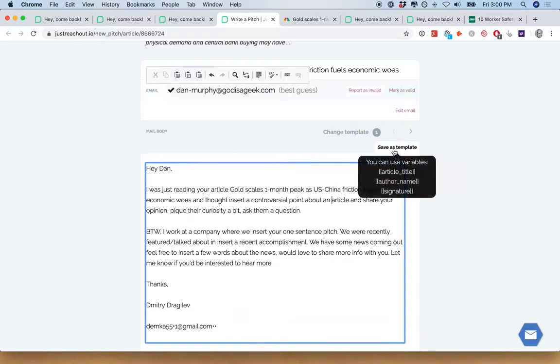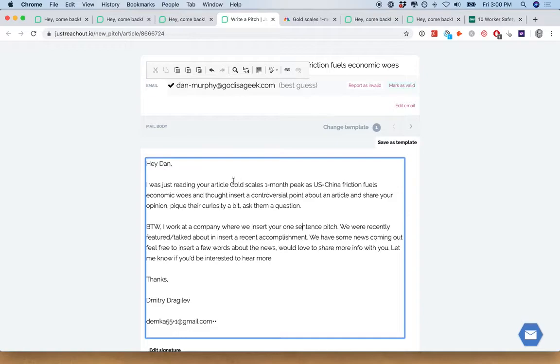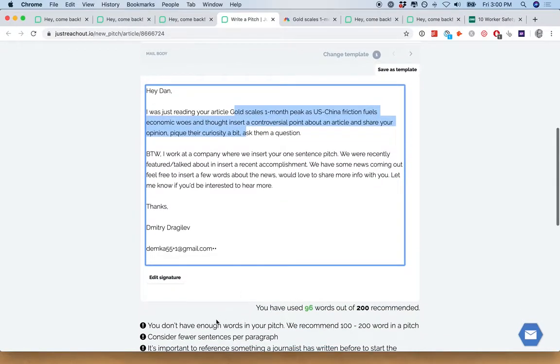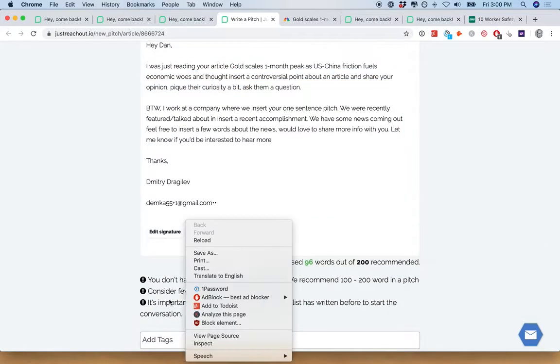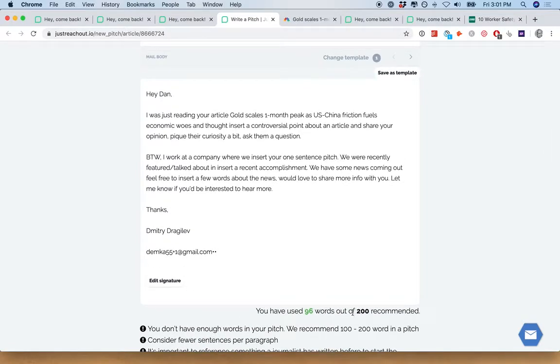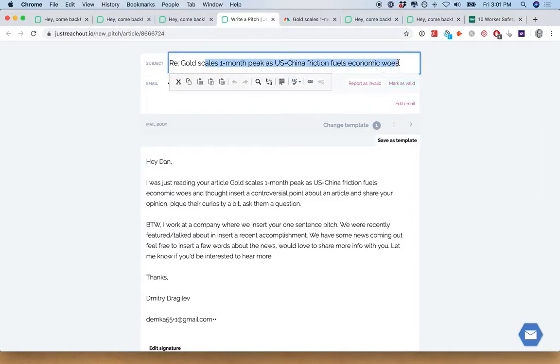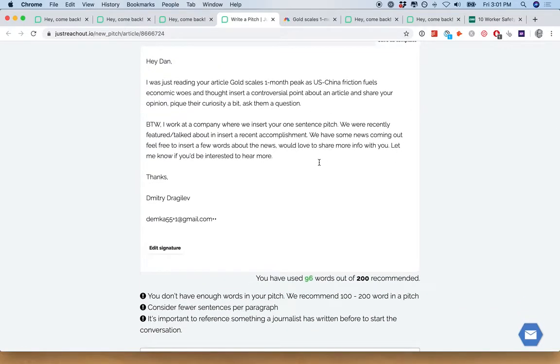You can save them as new templates, and you can easily use that template every time that you bring up a pitch. Now, each pitch is somewhat customized, but what our engine here is going to do is warn you to personalize it even more. It's going to warn you to make sure that you stay within the bounds of best practices of saying 40 to 60 characters for your subject line, which is, by the way, the most important part of pitching press, right, is that subject line.